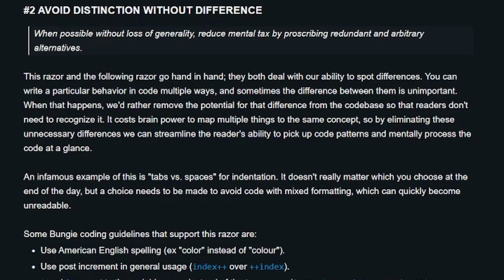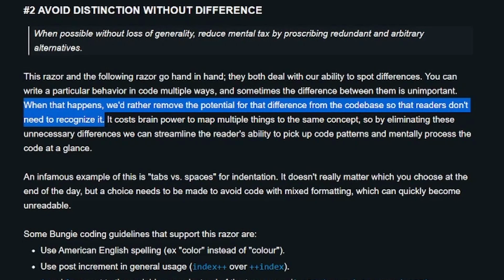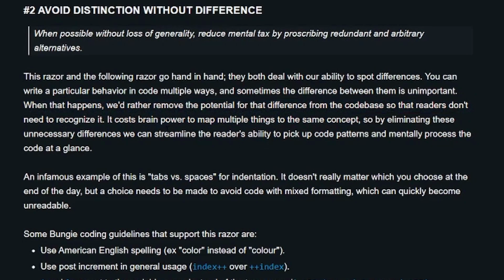Yeah, I agree. When that happens, we'd rather remove the potential for the difference from the code base so that readers don't need to recognize it. It costs brain power to map multiple things to the same concept. Okay, yeah, I see. So by eliminating these unnecessary differences, we can streamline the reader's ability to pick up code patterns and mentally process at a glance.